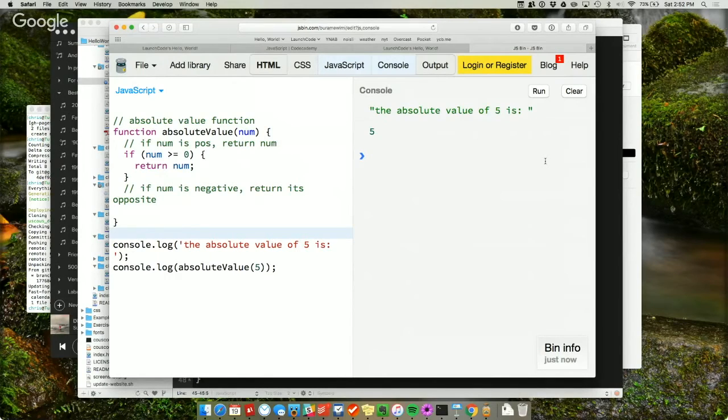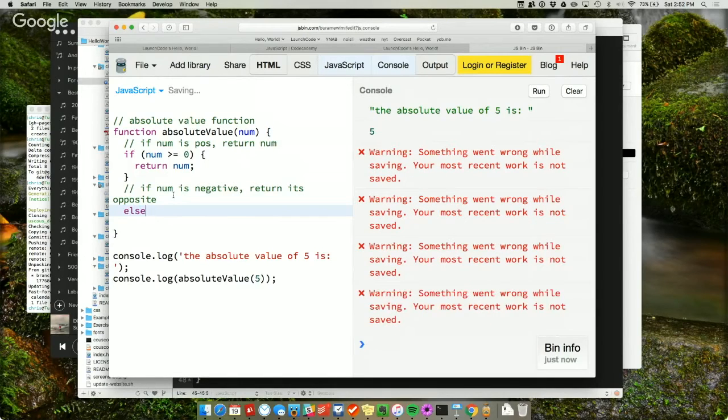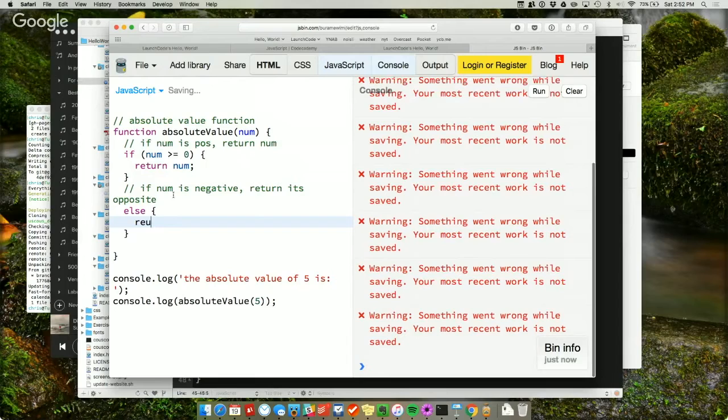Any questions about that? What's happening when I return something? Okay, let's go up and finish our function. I've already checked to deal with the case that the number is positive. Now I need to deal with the case where it's negative. Else, the absolute value of a negative number is the opposite. So I want to return